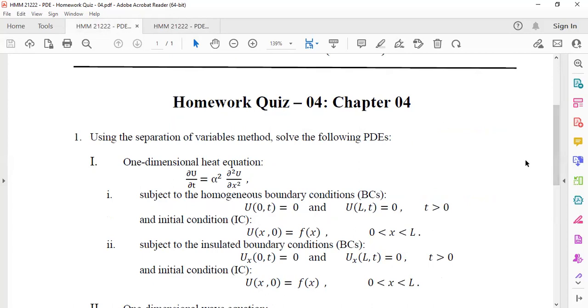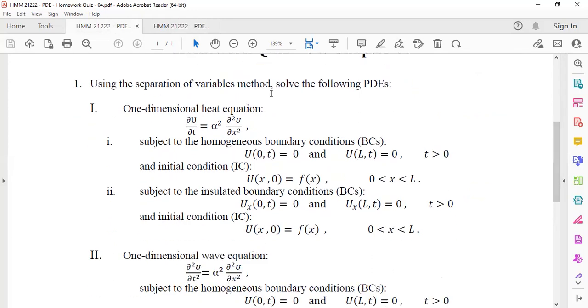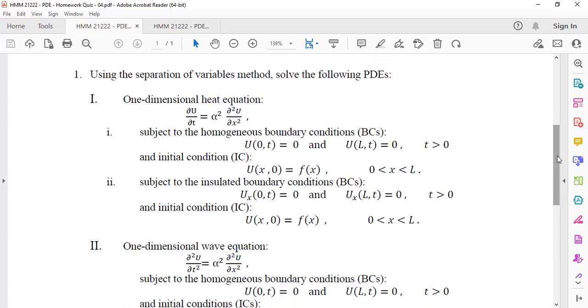Okay, so this is how the questions may arise. Using the separation of variables method, solve the following PDEs. Mostly in this coursework, we are introducing the one-dimensional heat equation. I also explained what the next, second dimensional, third dimensional equation will be, just like we have other dimension spaces. For example, here we have only x squared. So if it is two-dimensional, we have